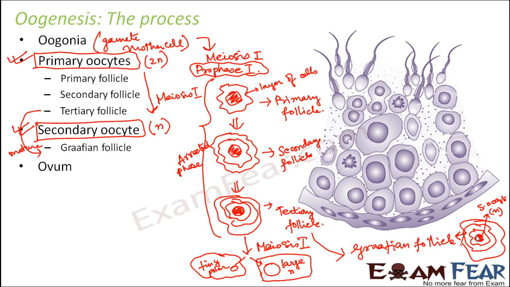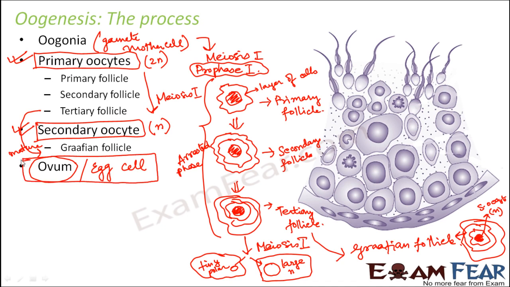undergo meiosis 2. So this was just the first phase of meiosis, right? Meiosis 1 will always be followed by meiosis 2. So this secondary oocyte will undergo meiosis 2 again to form two unequal cells. One large and the other one a tiny polar body. So if you ignore the tiny polar body, the large haploid cell which was formed is nothing but the ovum or the egg cell, whatever you call it. And this is what we wanted, because this is our female gamete, and this is how the female gamete is